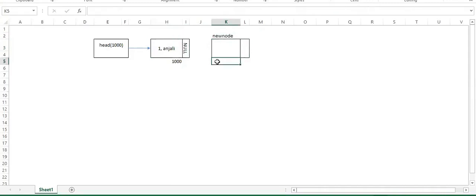Now assume the address of this is 2000. So we ask the user to enter the roll number and the name. The roll number the user enters is 2 and assume the name entered is Rahul. Now let us go back to our program.